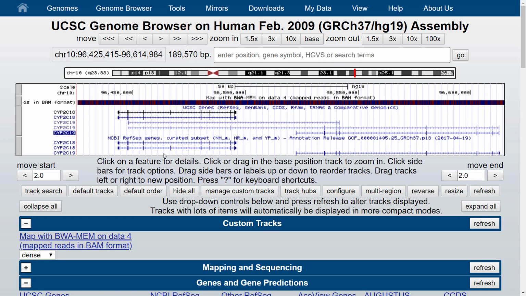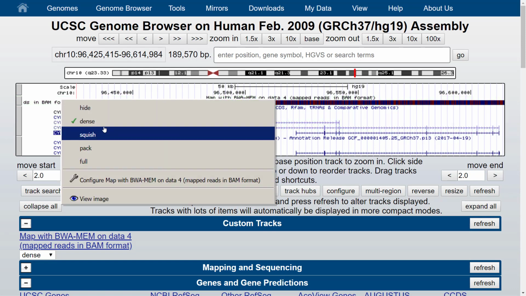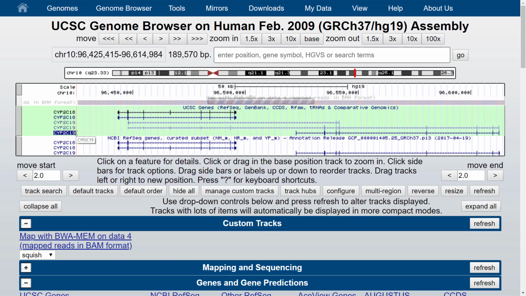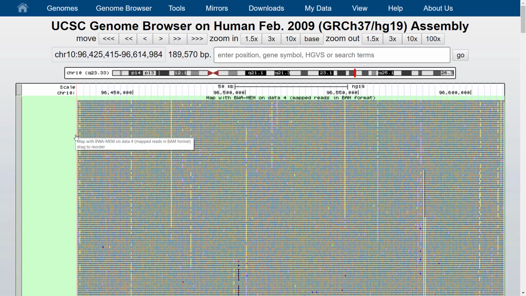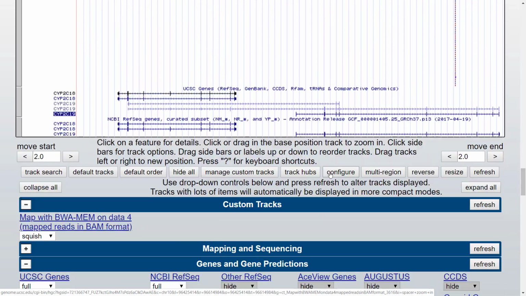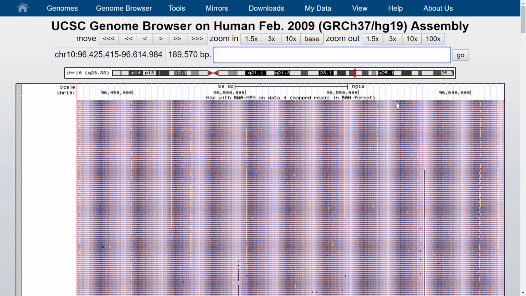Here you can see the whole gene, and you can see the track, the BAM format track. Right now it's in dense format, as you can see if you right click. We can instead use squish if we want to be able to see the actual reads that have undergone alignment. Now we're looking at about 200,000 base pairs. These are all the reads that are covering this location. And this is the gene that we're interested in, the CYP2C19. We're interested in this specific mutation that causes the aberrant splice site.